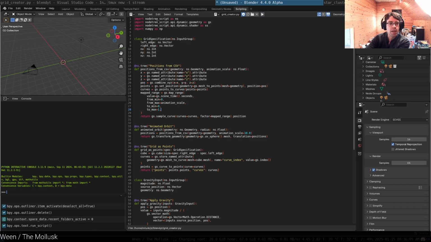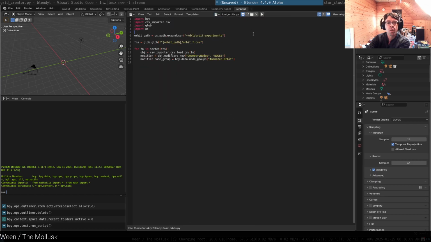So this creates my geometry nodes. Now I'm going to run my load orbits script, and it's entirely possible I could run both of these in the same thing, but I have not totally worked out how to do that, so we'll work on that in a minute. We run this,